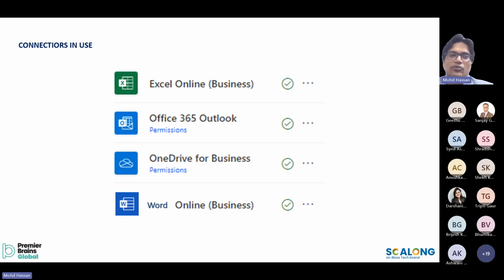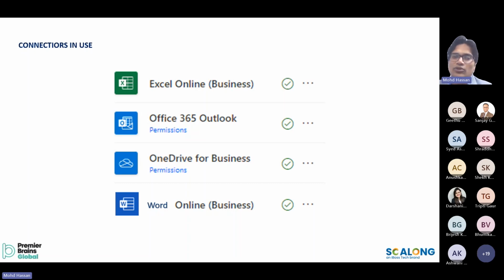And for that, we have to identify the various connectors. Connectors are the intermediary that enables me to connect the various applications. So assuming we are following a method wherein I have an Excel sheet where I have jotted down the various details, whatever services I have rendered throughout the day or throughout a given period of time, and that has been maintained in an Excel sheet. So I need the connectivity to access that data using that Excel. So one is the Excel connector.